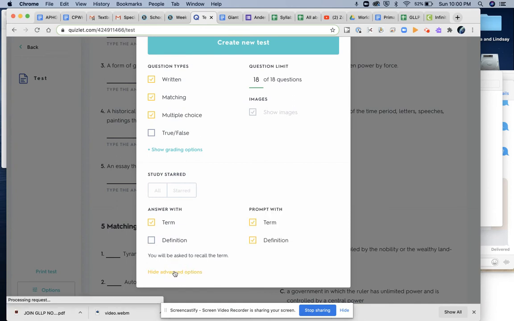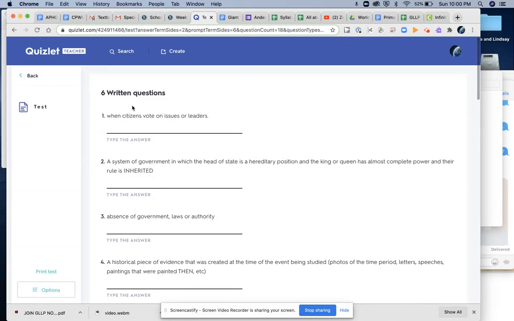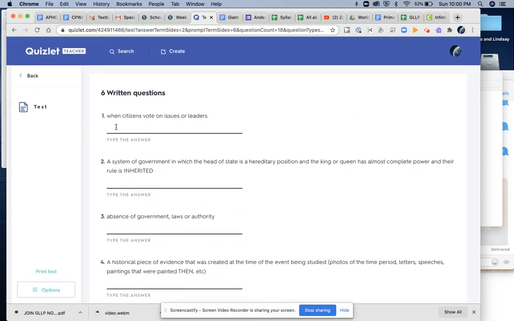So anyway, there's also other options. Prompt with, I don't even know. Doesn't even matter for those. But this is just sort of, they're going to mix it all up for you. And then you just go and now you're going to create a new test and you want to try to, and you do have to spell them right. So this is why you want to get the writing down when you do that.